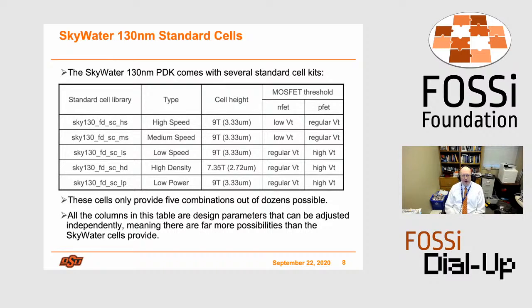So this is the SkyWater 130nm PDK. It comes with standard cell kits, and these are the current ones. And we also have, like I mentioned before, design flows so that you can use these in commercial and OpenLANE and those kinds of EDA tools. And you spoke a lot about the cell height, and how you chose